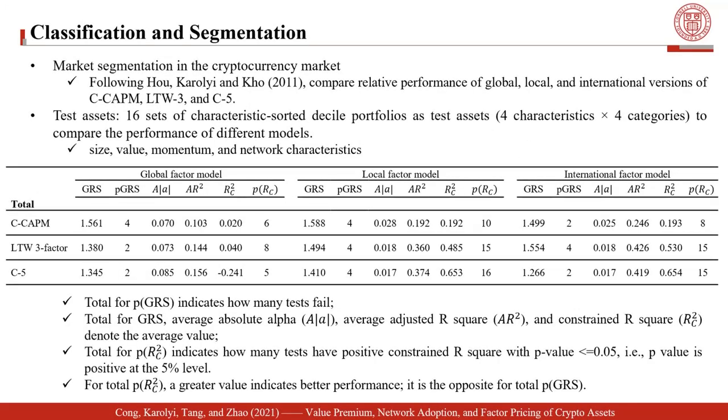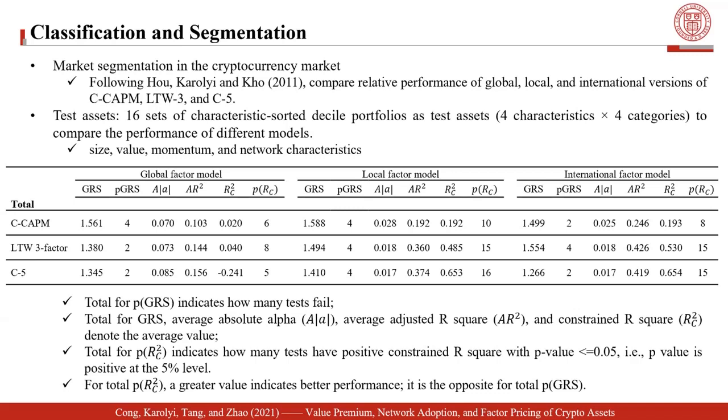And once we do this categorization, we can actually build a global factor model that we were talking about earlier, and a local factor model using within-category assets to construct these factors, and also a hybrid international factor model where we construct both local factors and foreign factors using cryptocurrencies excluding the cryptocurrencies within that category that we're looking at. And the general pattern here, we look at a crypto CAPM model, the Liu-Tsyvinski-Wu 3-factor model, and the proposed C5-factor